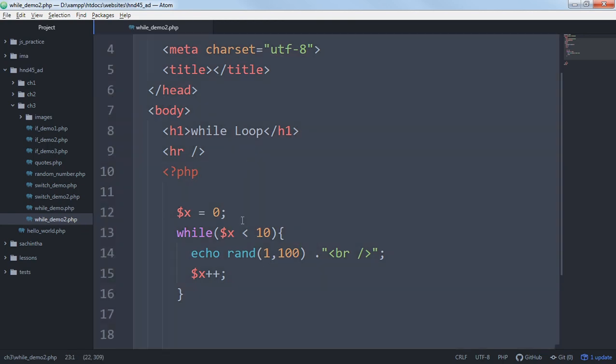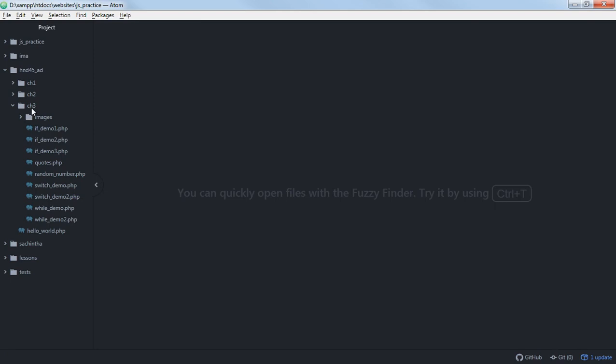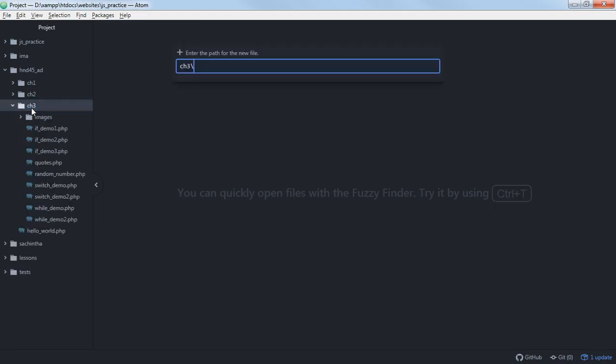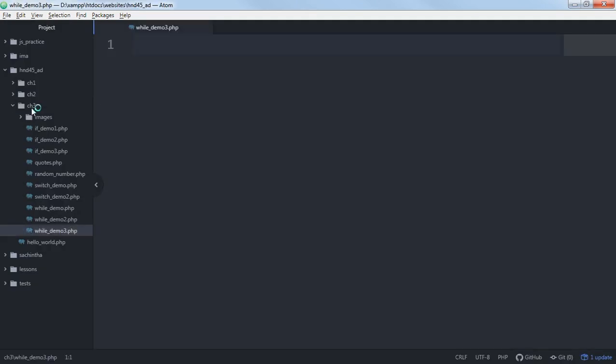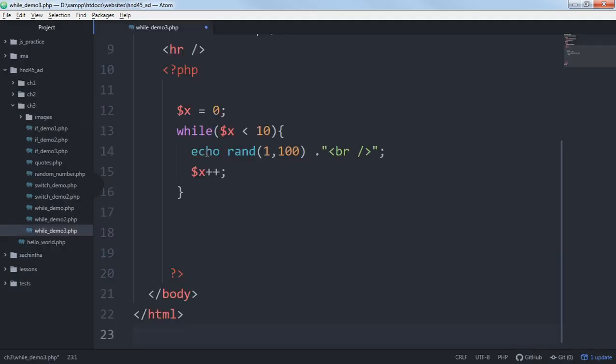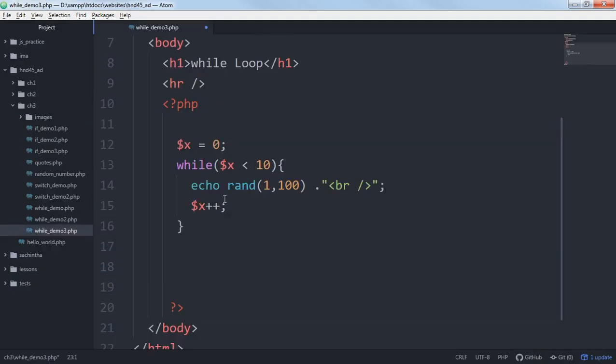I can do it in the same one because I want to save the programs for you, so later you can take a look at them. That's what I'm doing, multiple examples. So let's do another example. Let's call this one while demo 3. In this program,